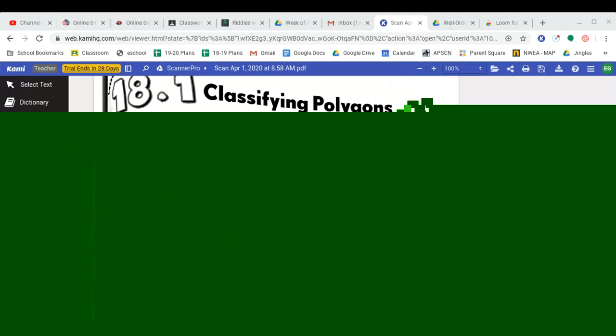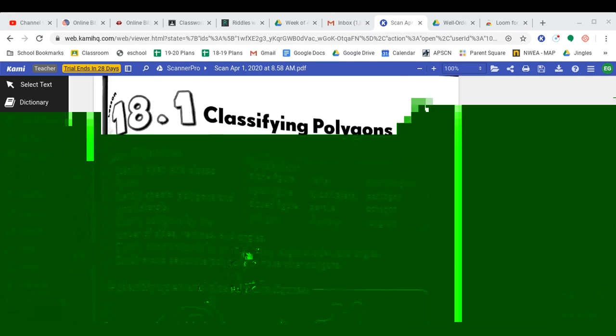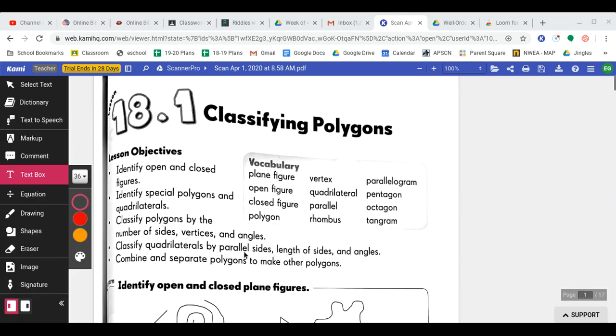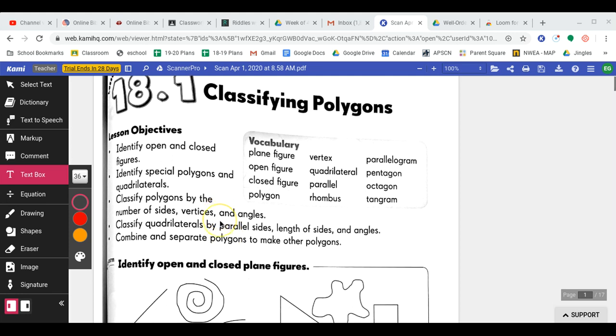Hello, we're going to be doing a lesson over polygons today, lesson 18.1. This is another review one, just like the ones from last week. So if you don't have it with you already, grab your math textbook, paper and pencil. That's all we'll be using for this lesson. No workbook pages for this lesson again. So pause this video if you don't have those things, and we are going to go over the different types